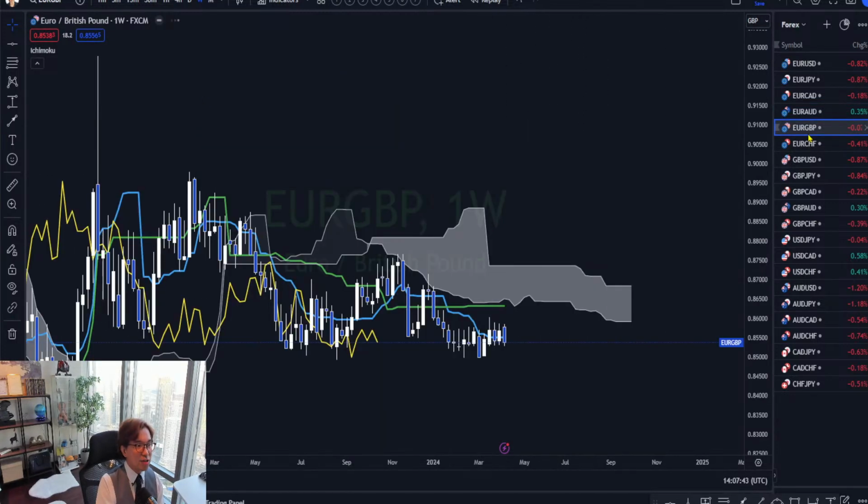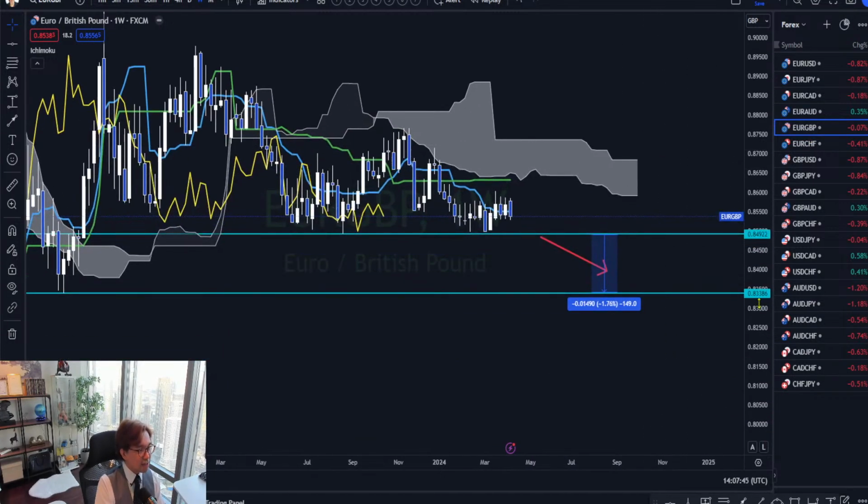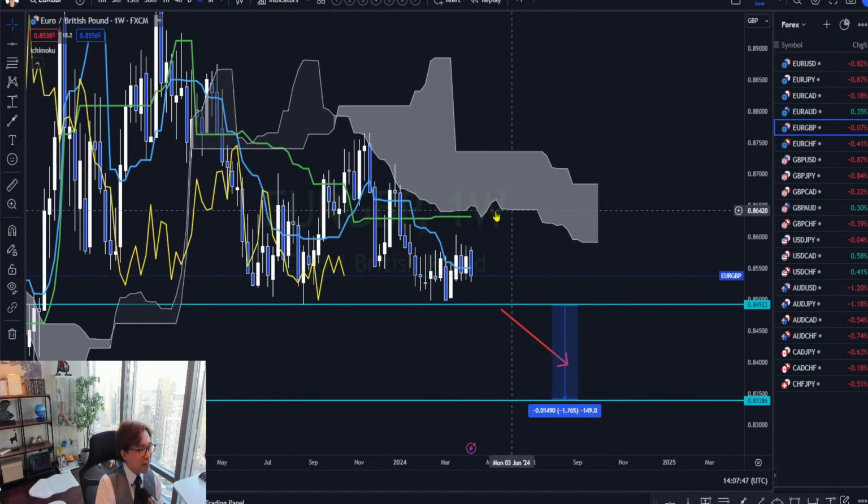And next is Euro Pound. Euro Pound has been ranging also. Kumo flat, Kijun Sen flat, Tenkan Sen flat, and Chikou span is below the candles, so it's bearish momentum. But for the last 4 weeks, it's been ranging, and on the week of the 4th of March, I was